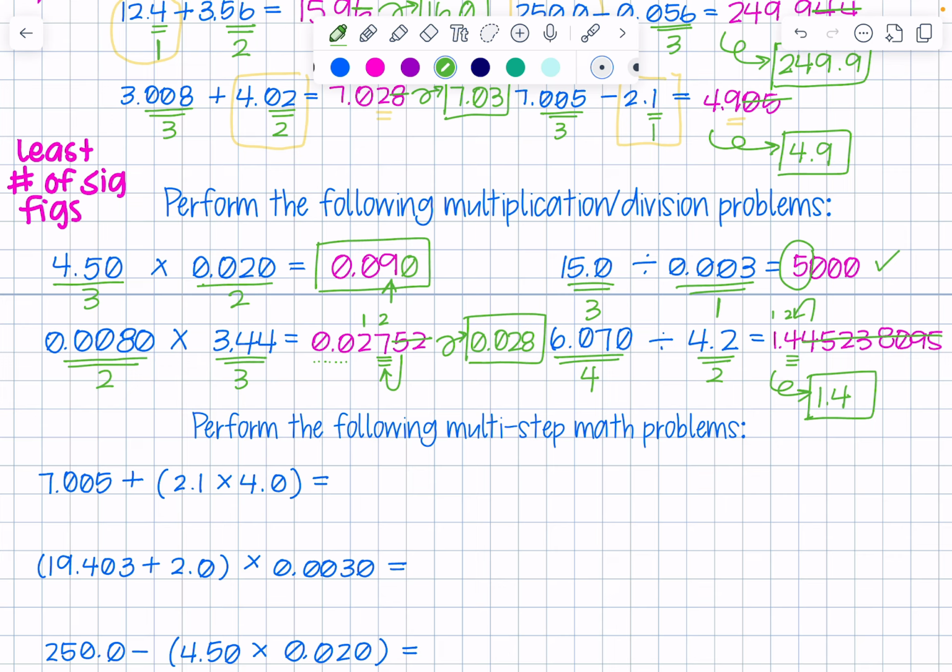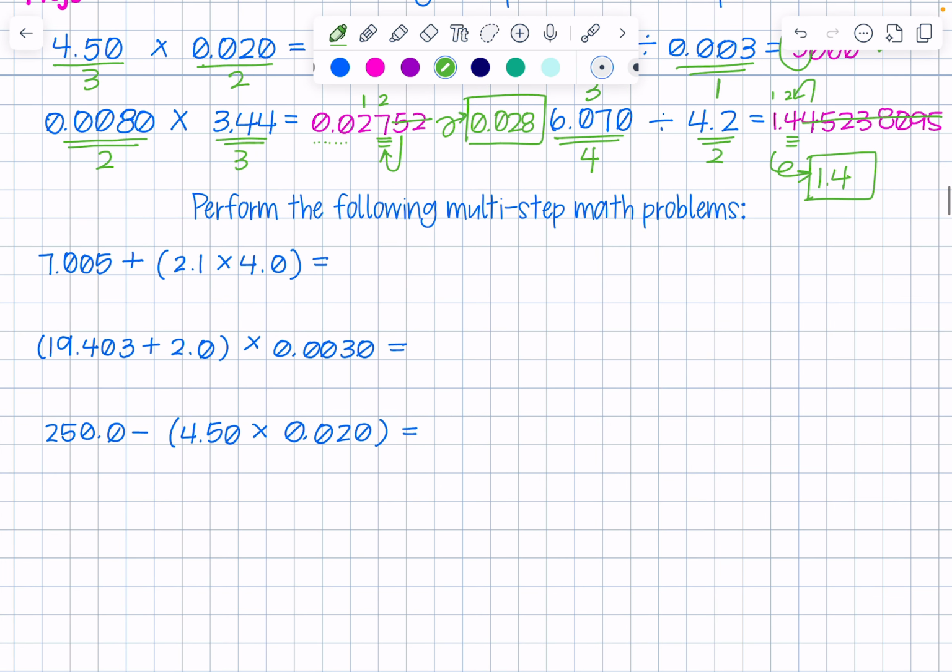All right, let's talk about multi-step math problems. The thing with multi-step math problems is you have to write down your in-between numbers and you have to acknowledge what you're doing, and then go from there. So 7.005 plus 2.1 times 4. We have two different types of math and two different rules that we have to follow. So we are going to do the traditional